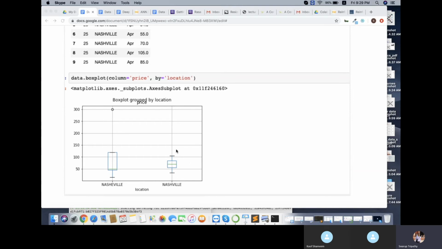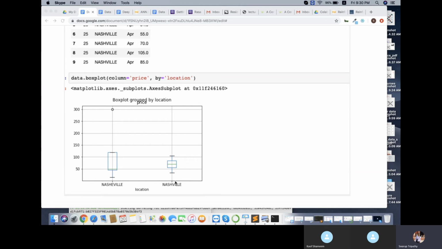We can also understand that Nashville without an E has house prices around 50 to 100, less than 100. But in Nashville with an E, most house prices are higher than 100. So we can analyze and interpret a lot of things out of this box plot.